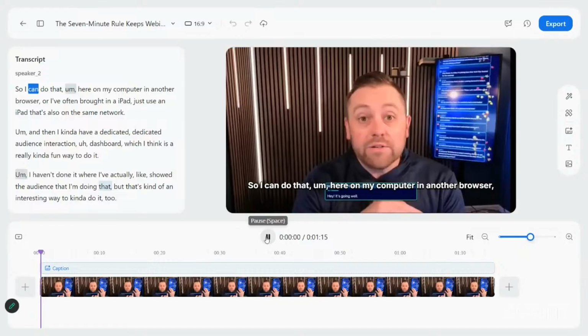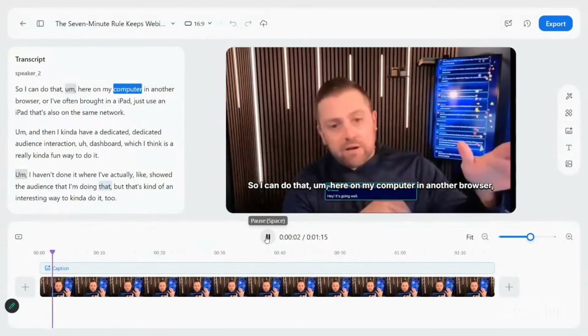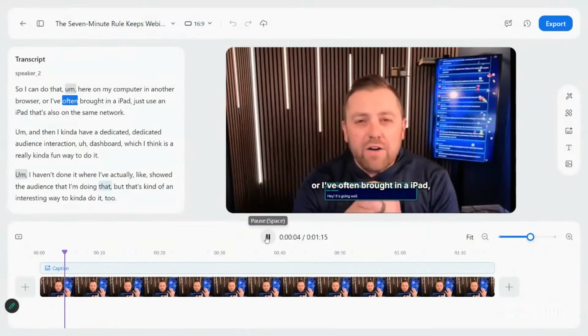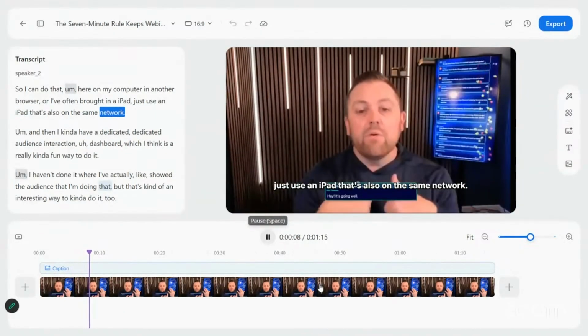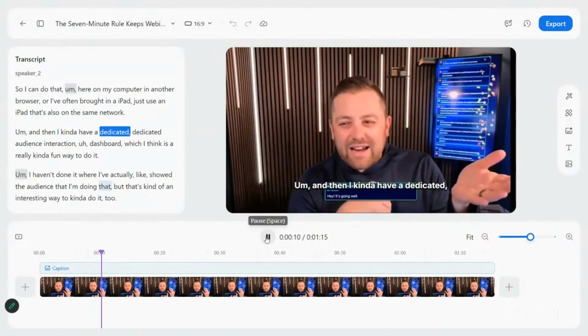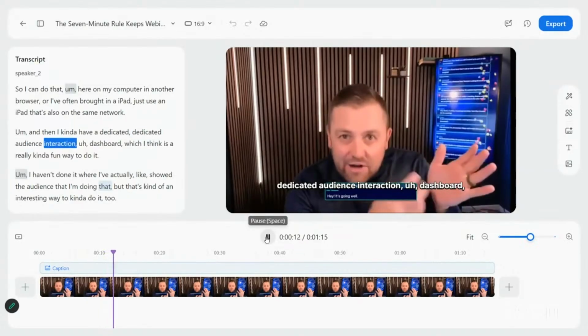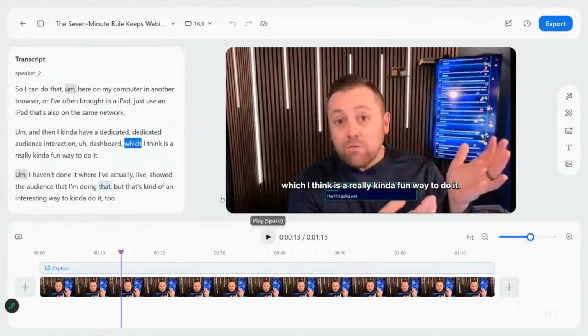Here we go. So I can do that here on my computer in another browser, or I've often brought in a iPad, just use an iPad that's also on the same network. And then I kind of have a dedicated audience interaction dashboard, which Ah,